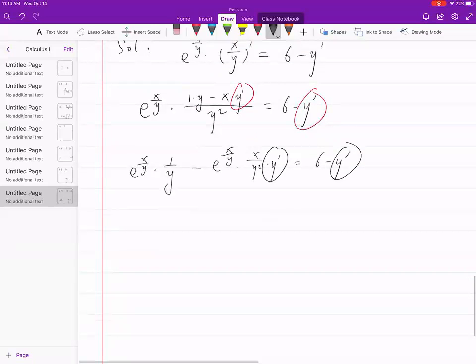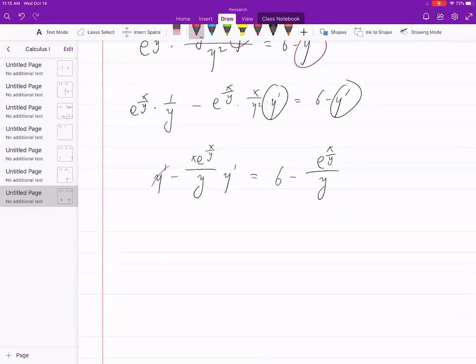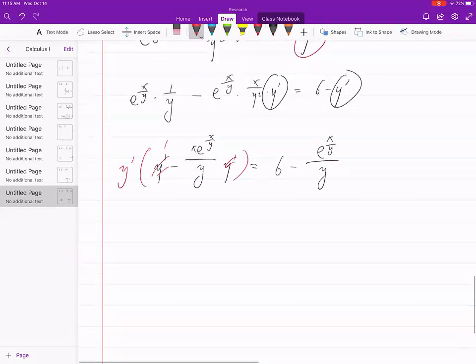That's going to be y prime minus e to the xy, let's just say e to the x over y. y prime equals 6 minus e to the x over y divided by y. Now just divide the whole thing to the other side. This is 1, so